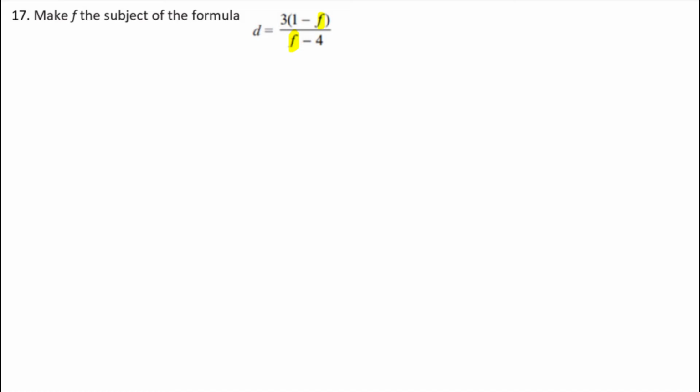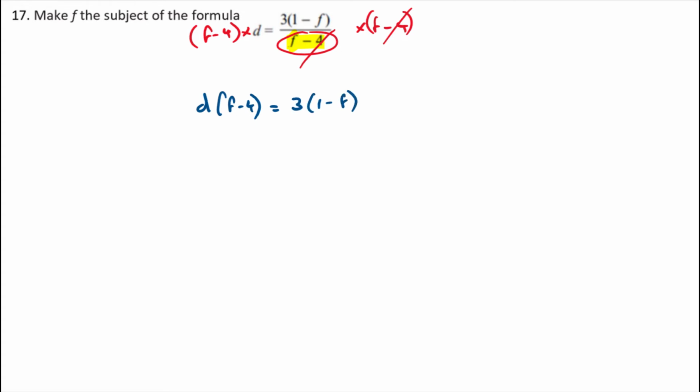Right, so the first thing I'm going to do is cross multiply the denominator. So I'm going to multiply both sides by f minus 4. If I times f minus 4 on both sides, it's going to cancel with that one, and it's going to leave me with d lots of f minus 4 equals 3 lots of 1 minus f. Now multiplying out the brackets, that's going to give me df minus 4d is equal to 3